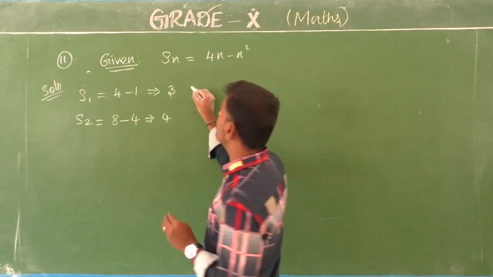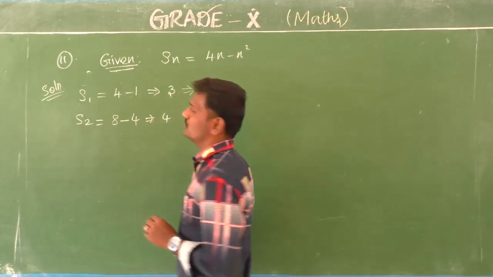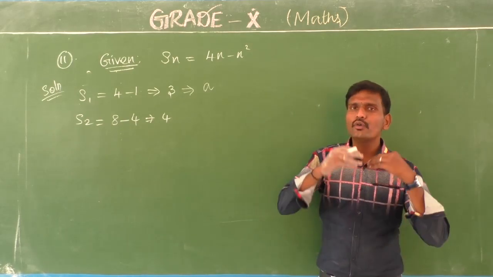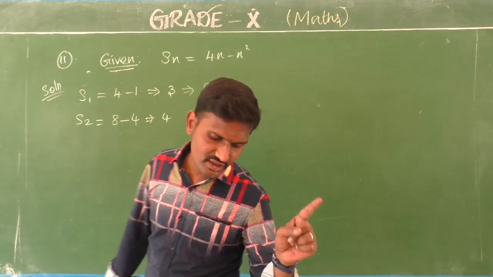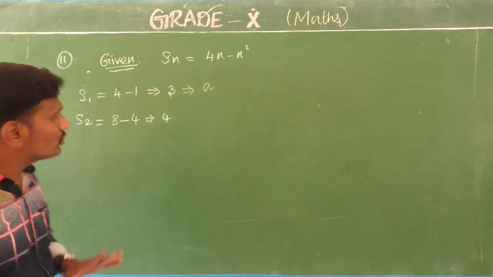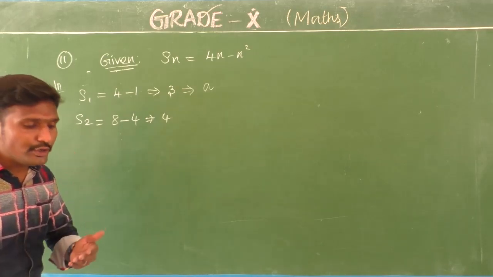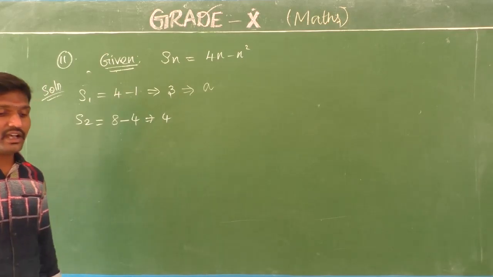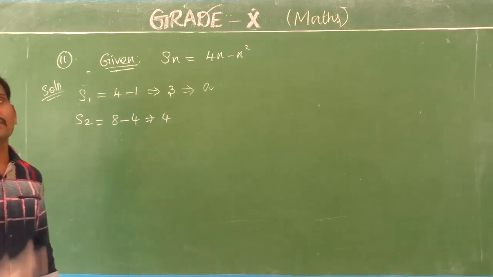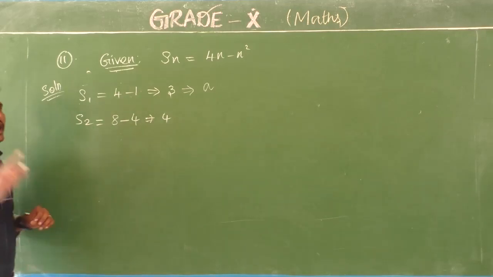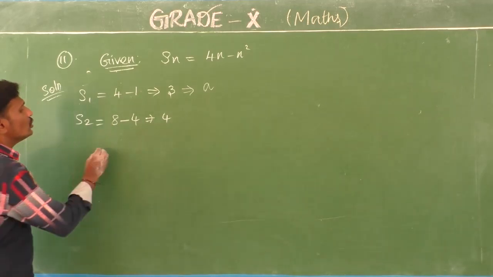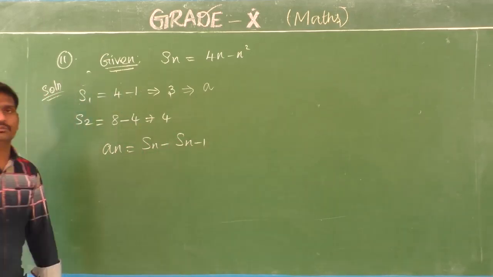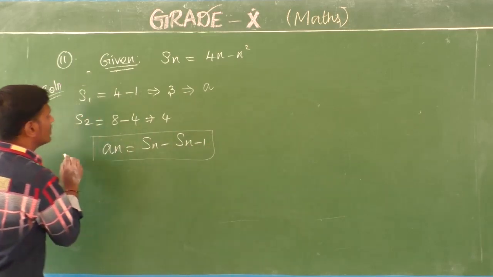So the first term we are going to mention as D also. Sorry, A. So A is the first term, no? Yes. Okay. What are they asking? First term, S1, we find. Sum of the first two terms, S2 also we find. Now what are we going to find? The second term they are asking, then third term, 10th term, nth term. Yes, students. And before that, already I told you in the previous exercise, you have a concept an equal to Sn minus Sn minus 1.